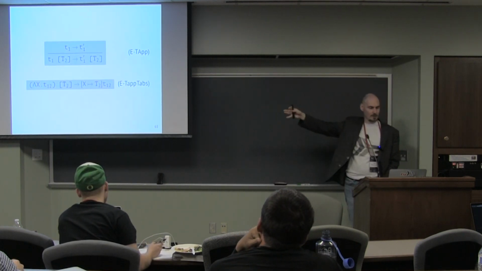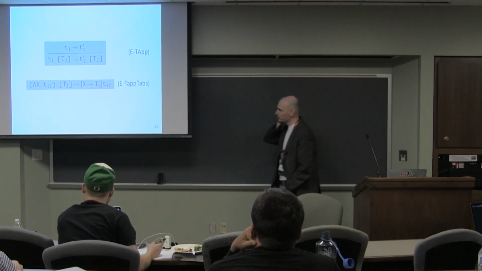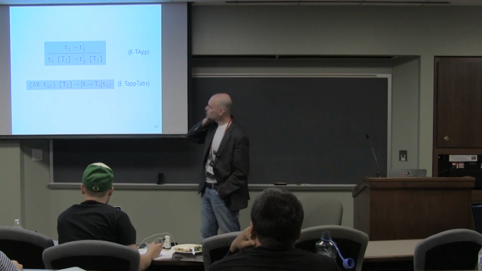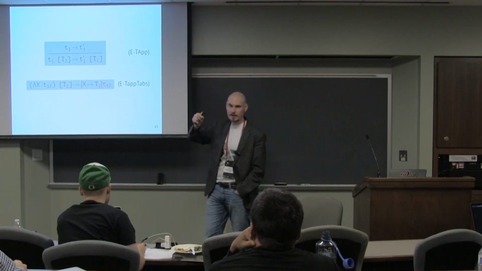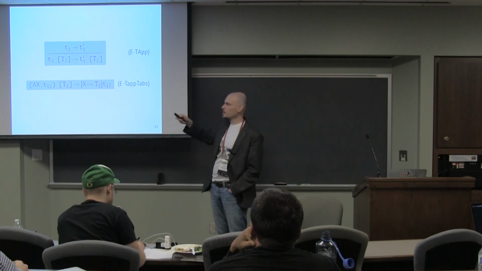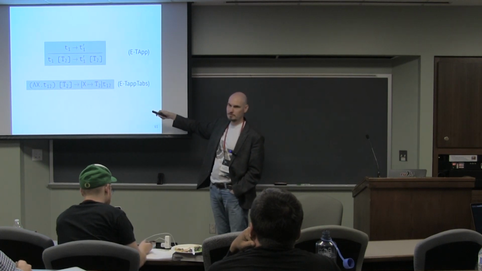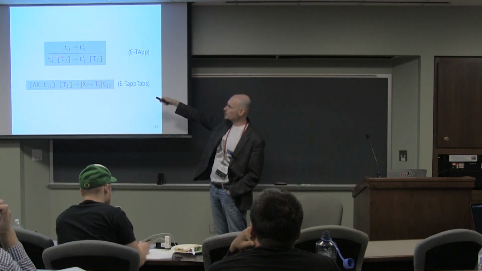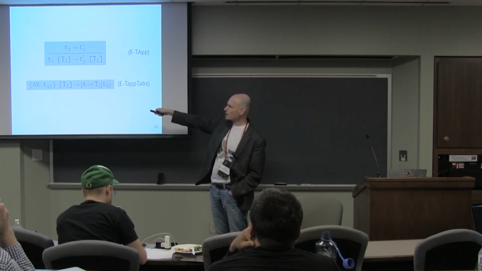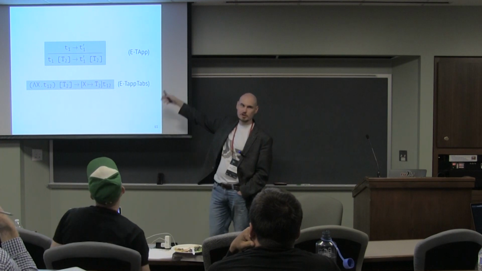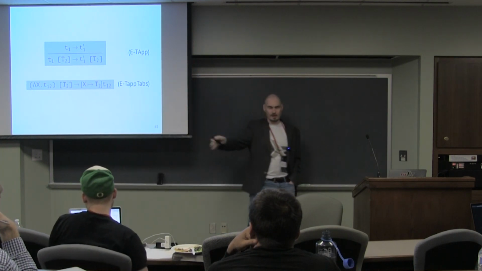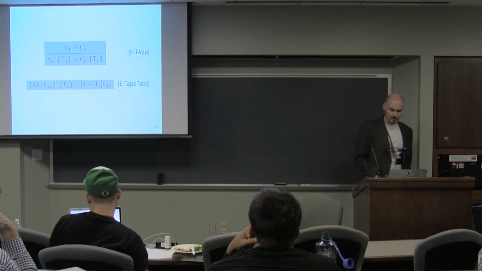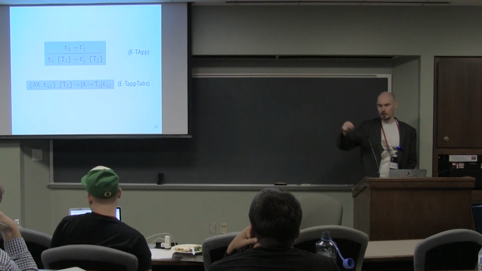But surely you have to come up with new typing rules. And these are typing rules for this new kind of type application. And in fact, they are the same as before. But here's type application with square brackets, and this is type abstraction with big lambda. But they're just the same as in the case of type application and value application,